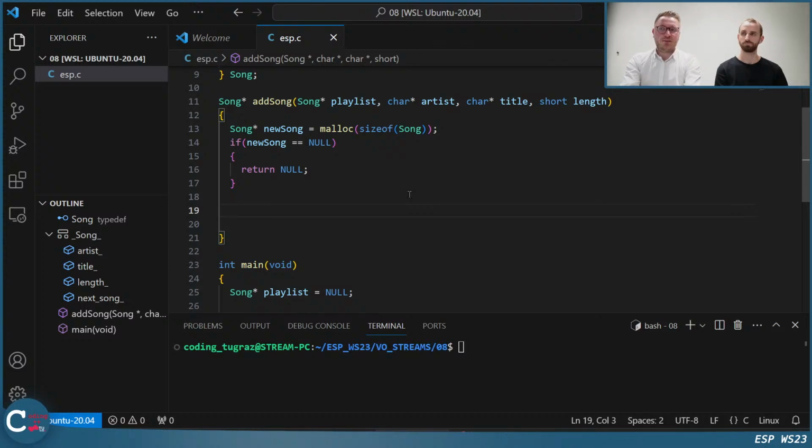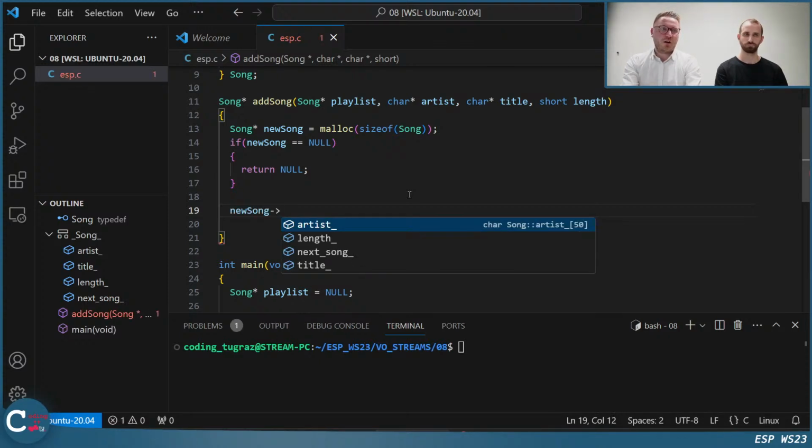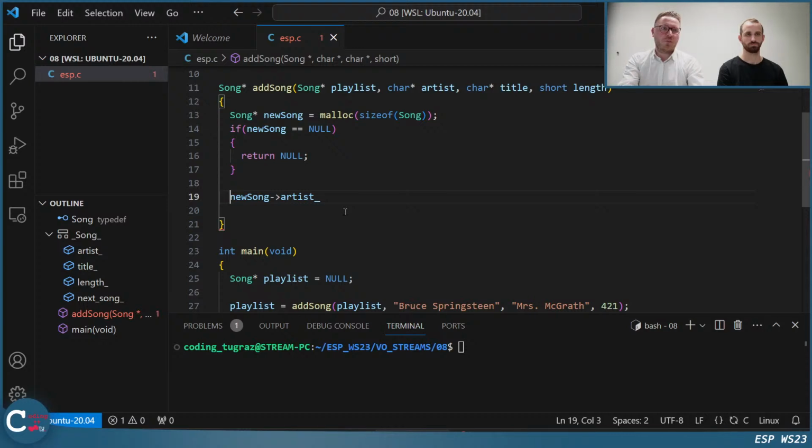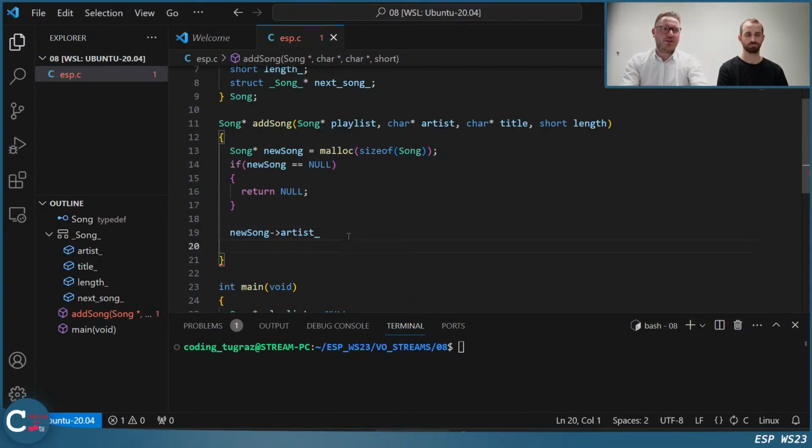Okay, which means we can say new song, artist. We say new song and have this arrow because this is a pointer. Yep. If this would not be a pointer, we could have the dot, the period. We could also say with that one, but we will take the arrow operator.